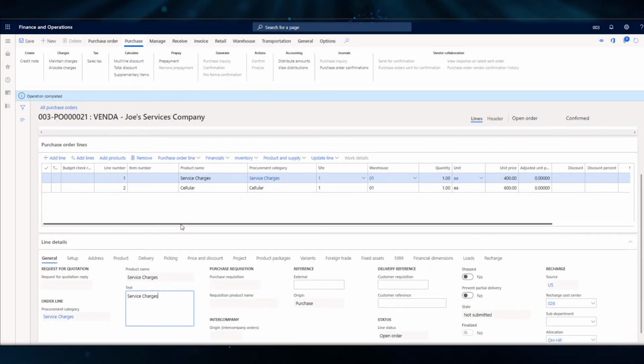In my case, I've disabled workflow. We would have to confirm it. That would trigger a send to the actual vendor for the purchase order itself. No impact from a recharge perspective. And then we go through the normal receiving and invoicing process once delivery of goods or services has been rendered